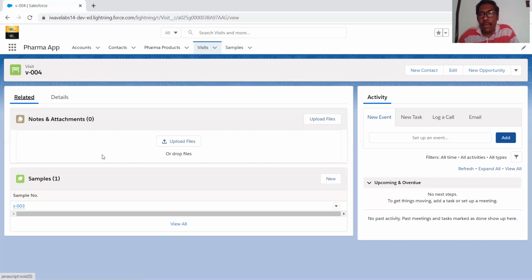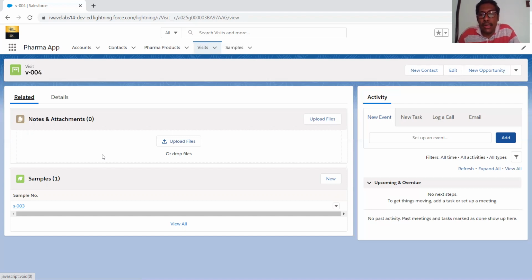After entering the field name and everything, I've selected the field level security. In the field level security, I've enabled visible to all profiles. Then I've clicked on the next button. After that, it has been connected to the page layout. Once it has been connected to the page layout, again it has been connected to the visit page layout also. The sample object has been added on the related page. Then finally I clicked on save.